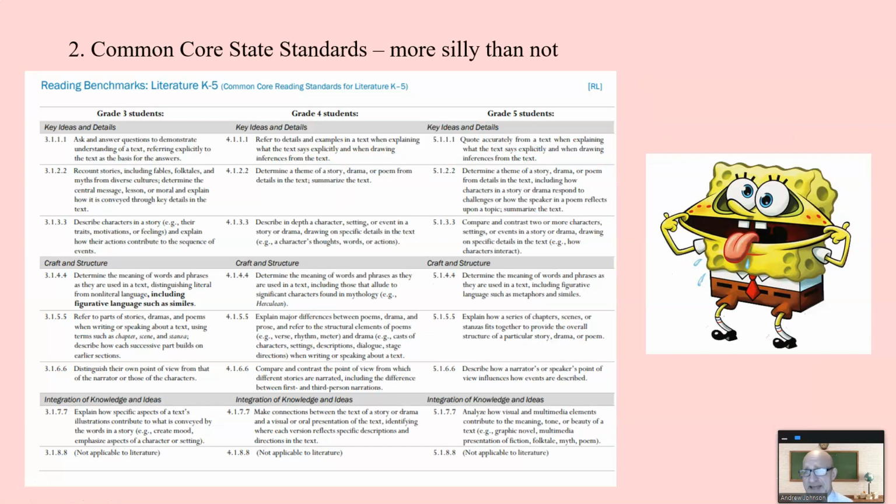Now, here's the thing about academic standards, and especially the Common Core standards. They're more silly than not, especially the literacy standards. I'm a literacy guy. You wonder who puts them together. Someone outside the classroom is defining what your students should know and be able to do. These are Common Core reading standards. Refer to details and examples in a text. We just want to teach the kids how to create meaning with print. And most of the standards related to literacy, reading, and writing have nothing to do with this.